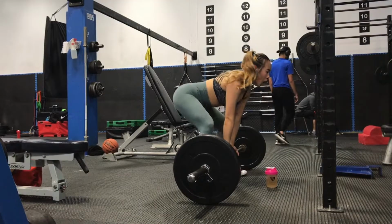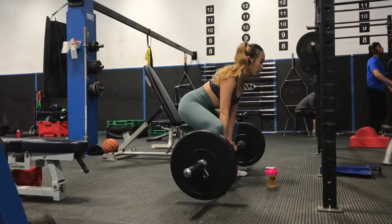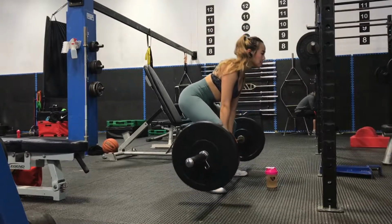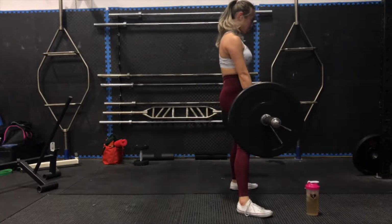Moving over to number 2, sumo deadlifts. Sumo deadlifts are pretty much like our conventional deadlifts, with the only difference being the placement of our hands and of our legs. So with sumo deadlifts, we're using a wider stance when it comes to our legs,